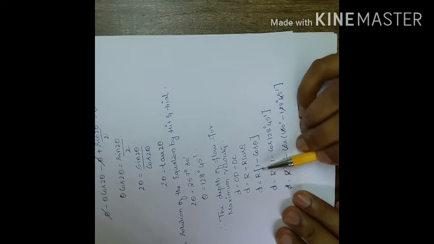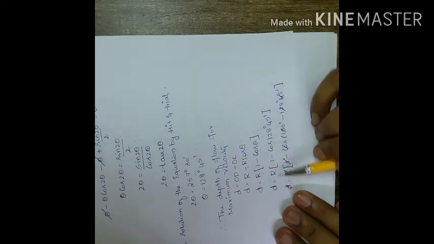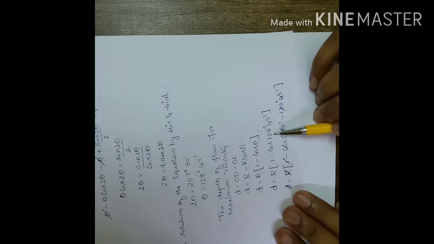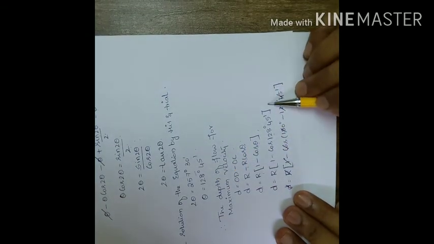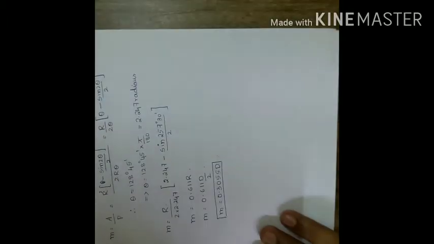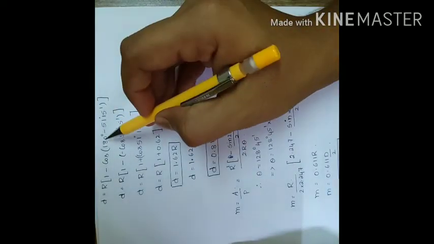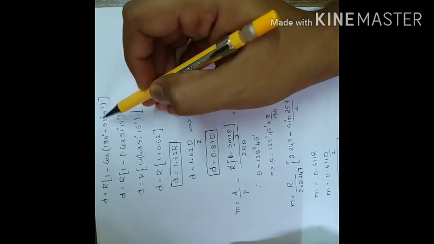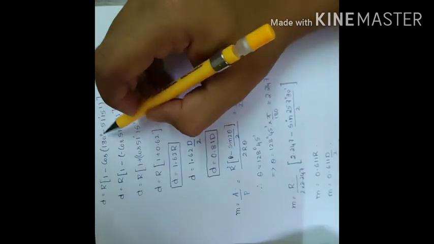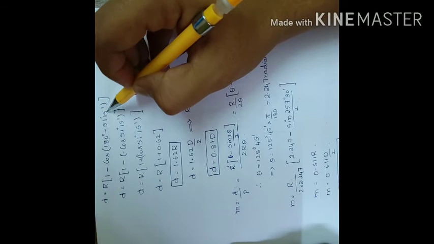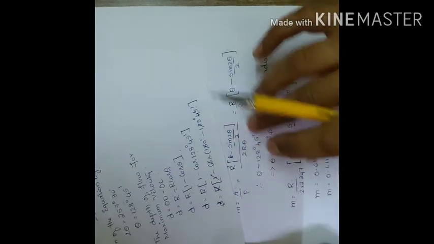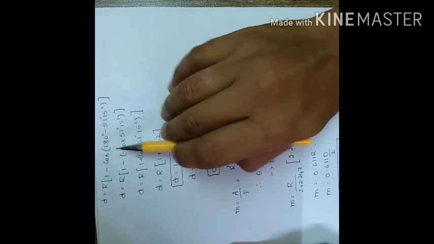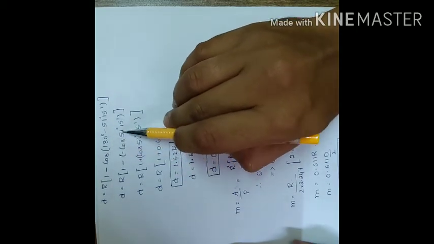Next, taking out the common r and 1 minus cos theta. So 1 minus cos theta, instead I have put 128 degree because theta I have found for the maximum velocity. So now this has to be converted into the allied form. So that will be 180 minus 51 degree 15 minutes. Now how this value came is that when I subtract 51 degree 15 minutes from 180 degree, I will be getting 128 degree 45 minutes. So in that alteration, it will become minus of cos theta. This is the allied angle format.